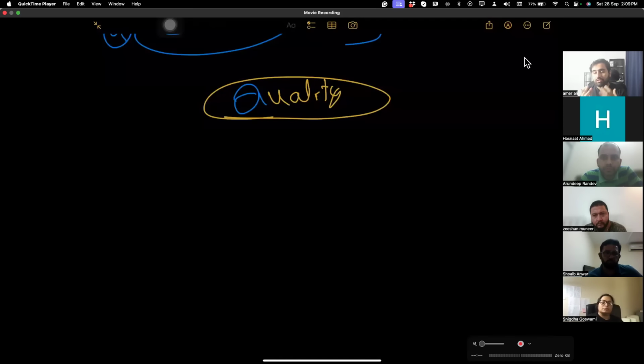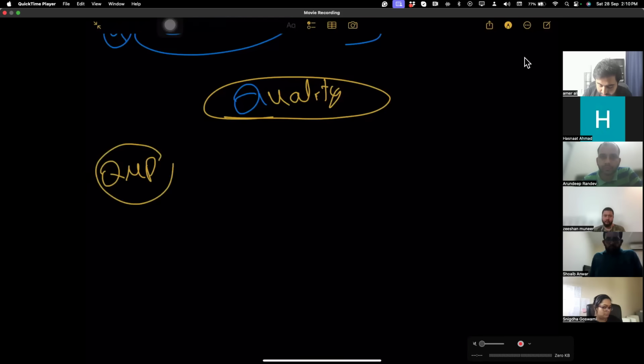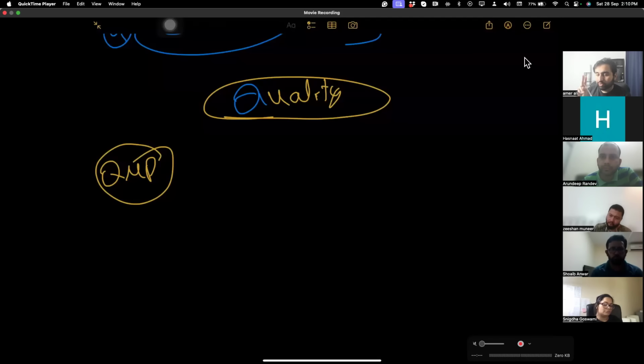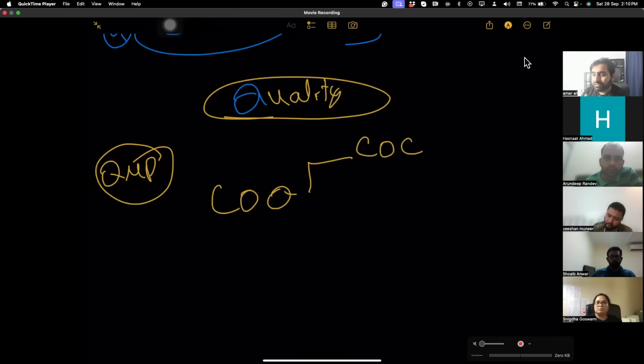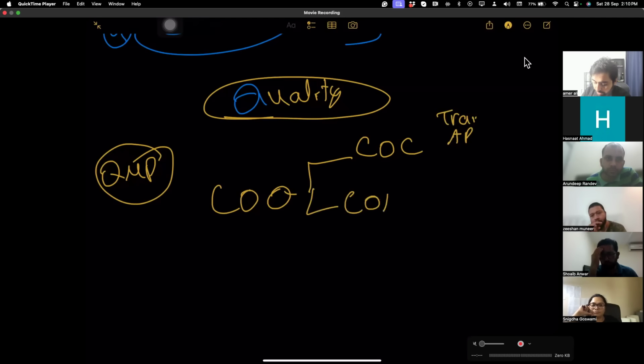Quality is what the customer pays for. Quality must be agreed with the customer. We plan the quality by making a quality management plan. The quality management plan consists of two things. First, cost of quality. We set aside what the cost of quality will be. Cost of conformance: money spent to avoid failures, training cost, appraisal cost, destructive testing, non-destructive testing. Cost of non-conformance: